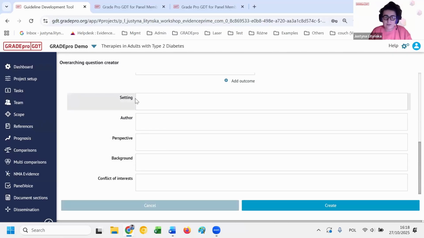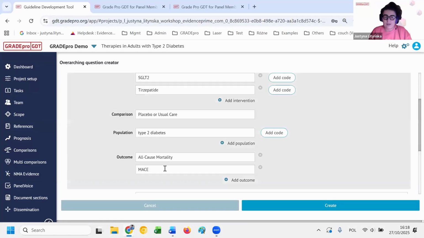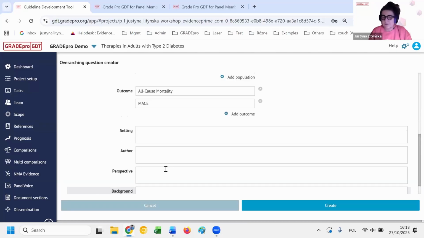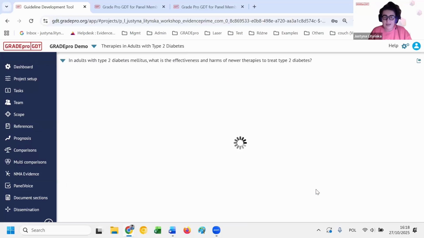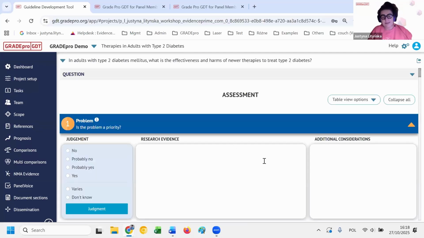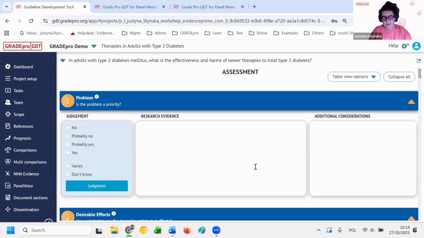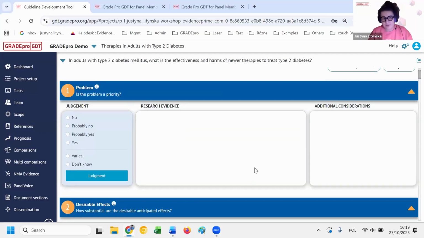aspects I can define, such as setting the authors of this particular recommendation, especially if I want to publish it later on, and other important matters, such as, for example, conflicts of interest. I will not be setting those now to save time, but those are possible for setting, and then I just need to create, and I will be automatically transferred into evidence decision framework